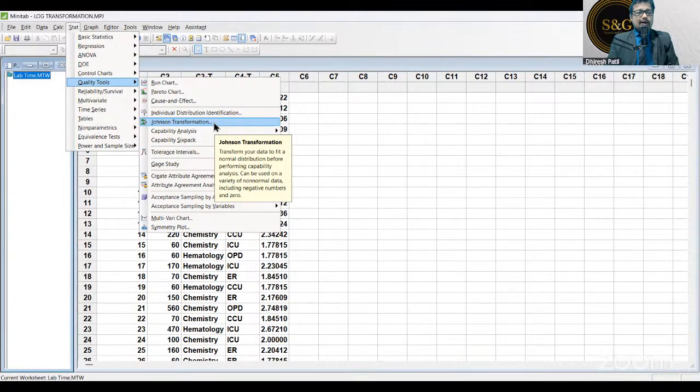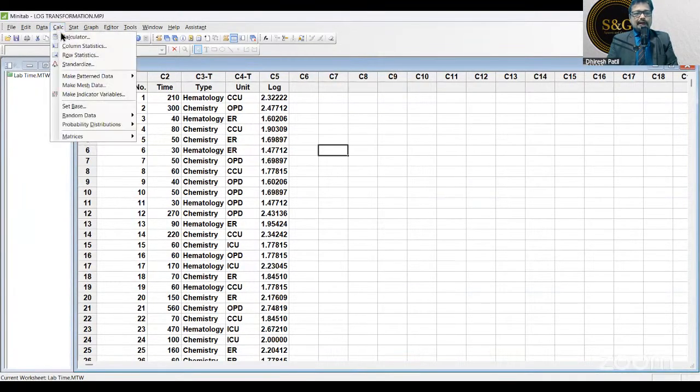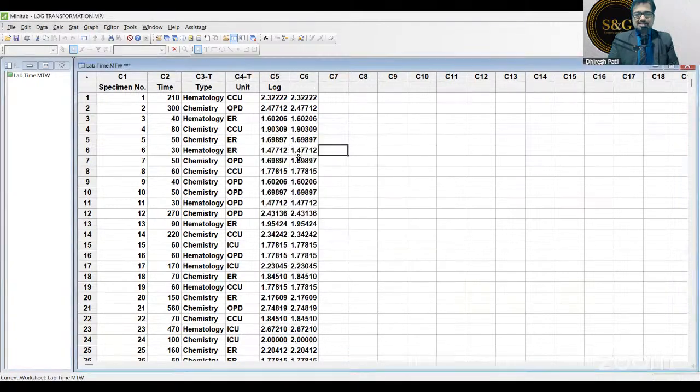How to add log data in a column? It will get automatically added the moment you select it. I'll show you quickly. Now look at this. I'm just doing it for the C6 column. How do I do that? Calculator. Now instead of log, I'm just selecting the C6 column. I'm removing this. I select the log function, double click on this and double click on time. And just click on OK. You can see here in the C6 column, it got added. Clear? So the software will transform it and add it in that column.